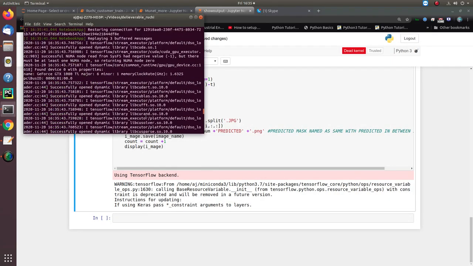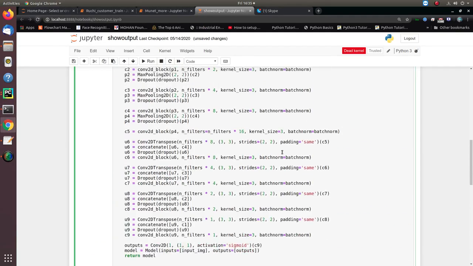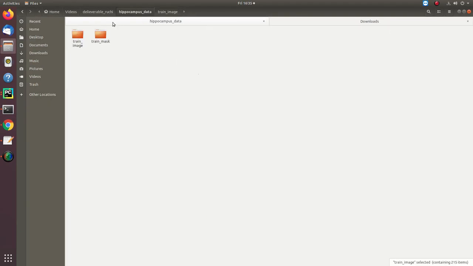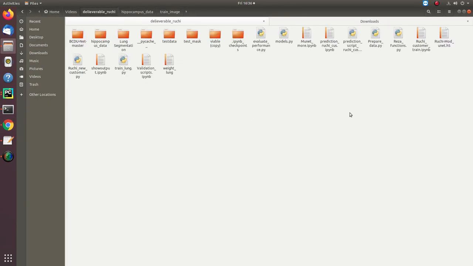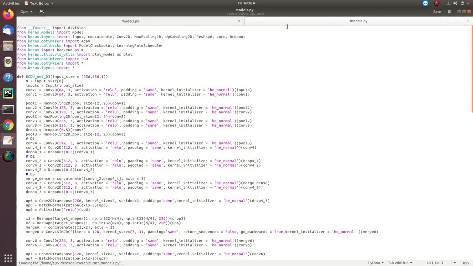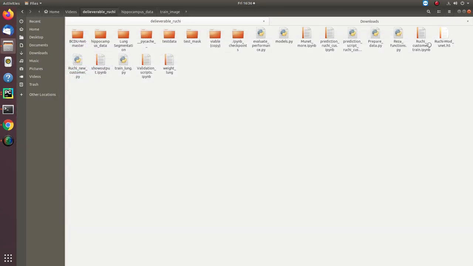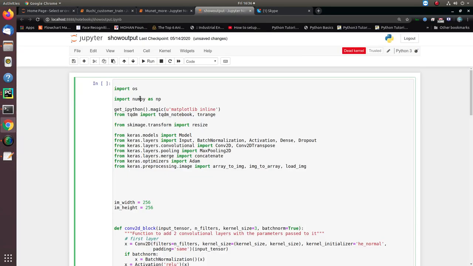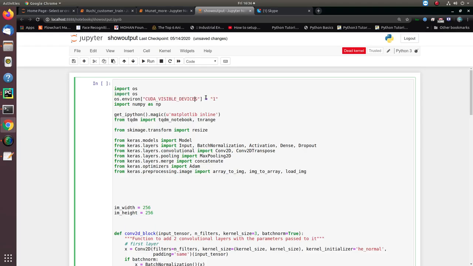I'm facing some error of CUDA. If such a thing happens with you guys, all you need to do is add a few lines, because for validation you don't need CUDA. So you need to mention the bus ID as -1. In that case, it avoids CUDA and brings all the process to the CPU. Let's see how it works.